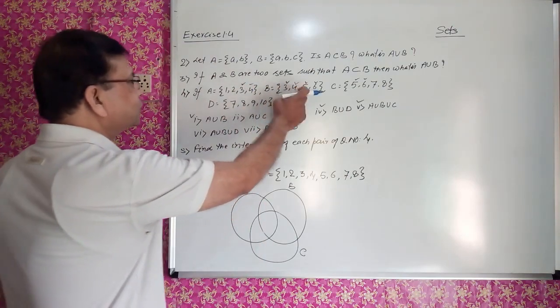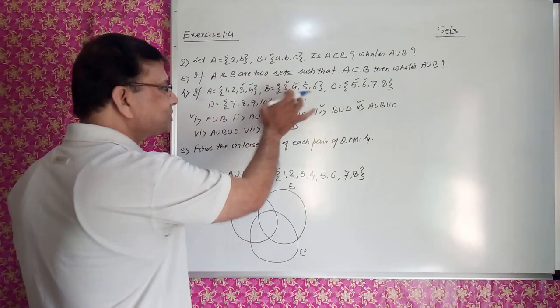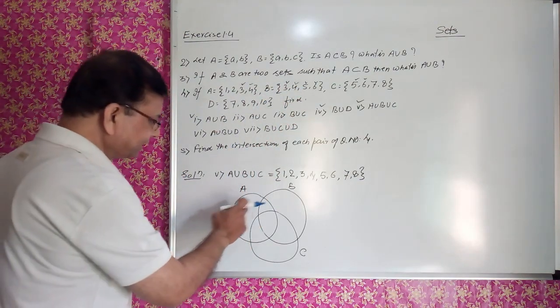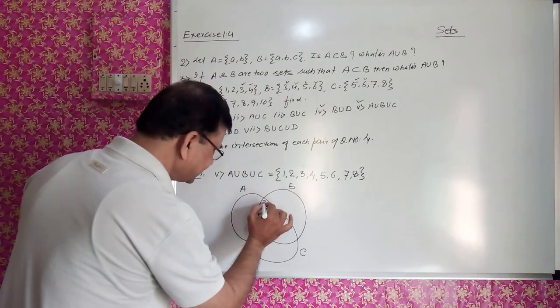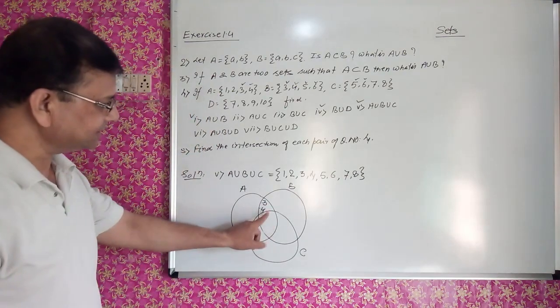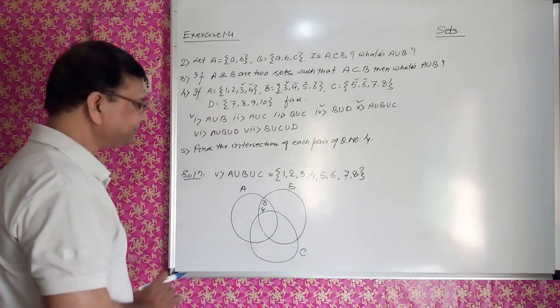But in these 2 sets we are getting 3 and 4 common, meaning A intersection B. Intersection means common elements. So what are the common elements? 3 and 4. So I will write, this is the common zone, 3 here and 4 here. These 2 elements are there. Nothing is there in this. A intersection B, I will write in this part only 3 and 4.